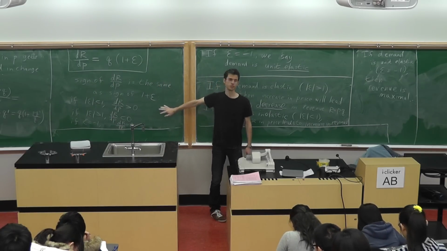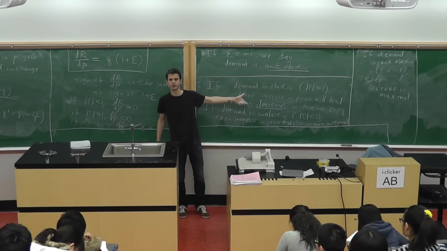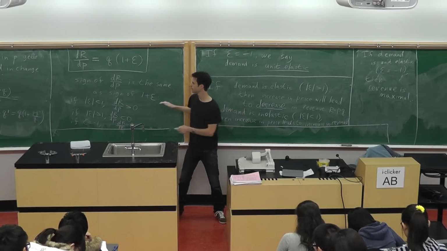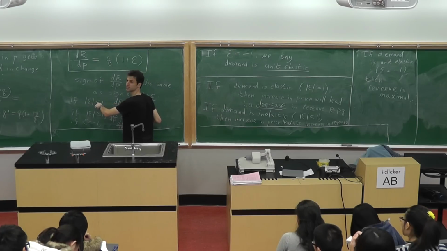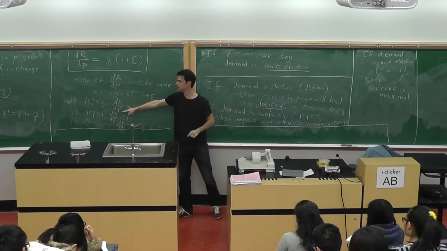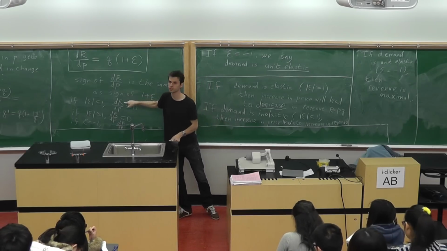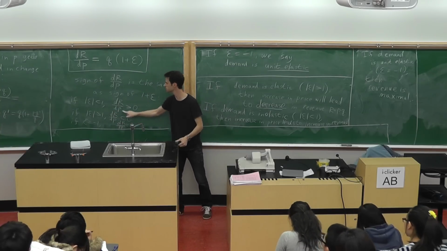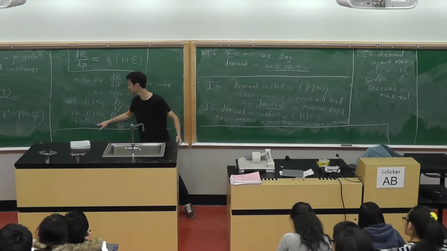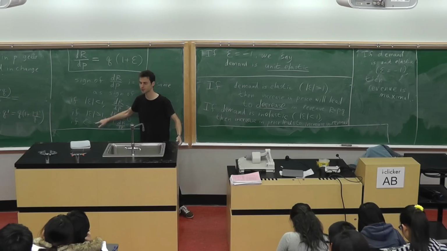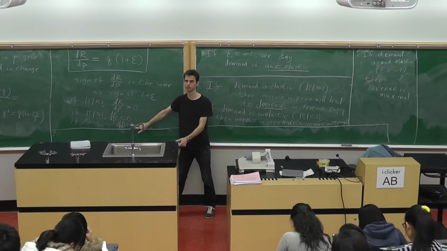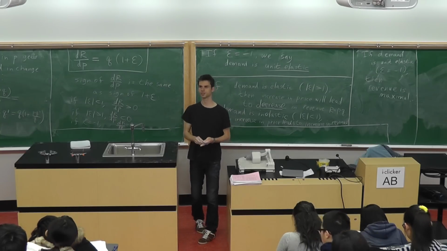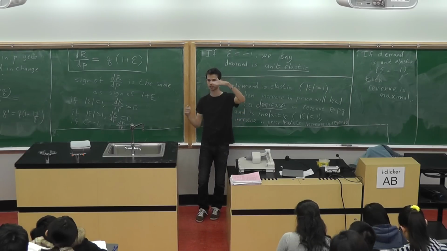So we get the same conclusion that we arrived at here qualitatively. We now arrive at the same conclusion quantitatively. If the demand is inelastic, then increase in price leads to increase in revenue. If the demand is elastic, increase in price leads to decrease in revenue. If the demand is unit elastic, then the revenue is already maximum. On the graph, we have such a picture. Horizontal tangent line, which means the maximum.